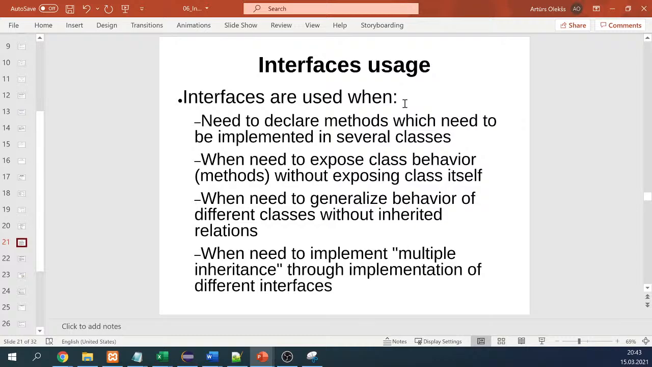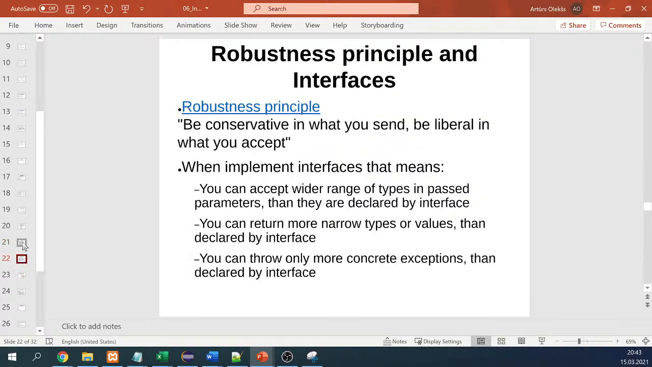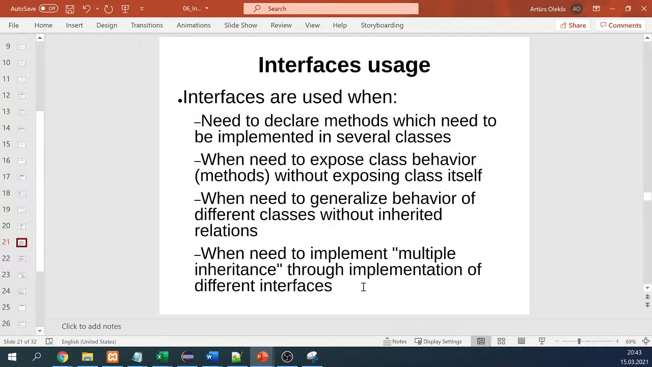And then we need to expose class behavior without exposing the class itself. And this is what I said. No need to declare the superclass, or we can declare the superclass and implement the interfaces. And then when we need to generalize behavior of different classes without inherited relations, and also this is what I said. And when we need to implement multiple inheritance for implementation of different interfaces. This is also what can be done, and there can be one more thing,